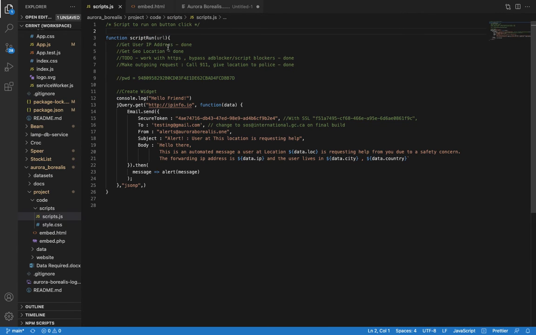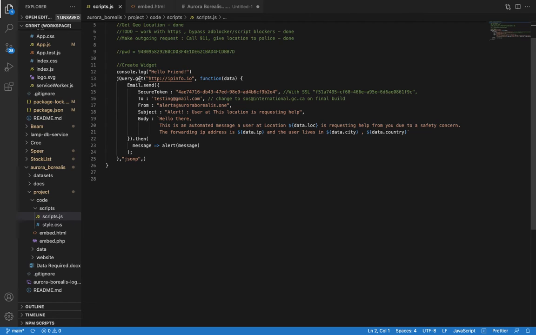As we see, our script just creates a get request to ipinfo.io, where they will run the code, the pinging system, which uses WebRTC to grab the IP address and transform all that locational data and output it as a JSON object. That data is manipulated accordingly with SMTP to send out an email. Currently, it's not configured as we are still in the testing phase, but we use SMTP.js,